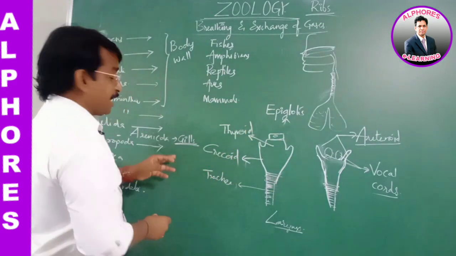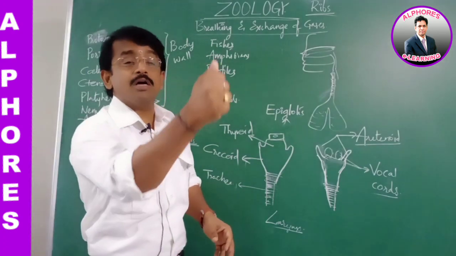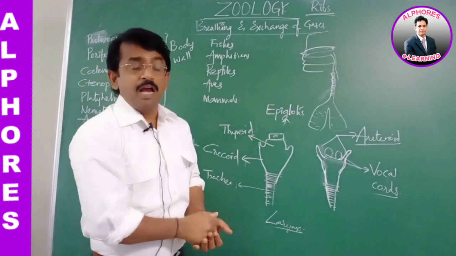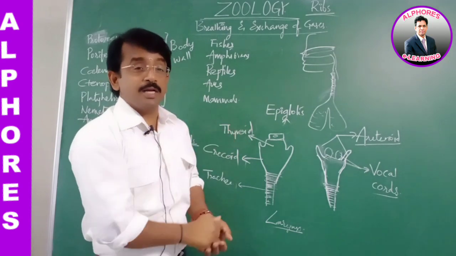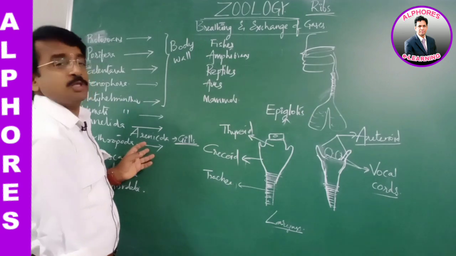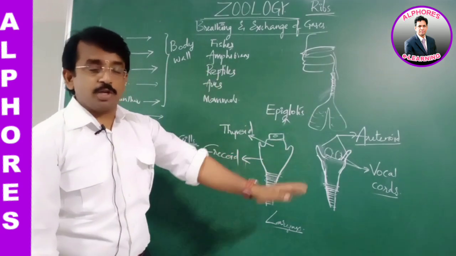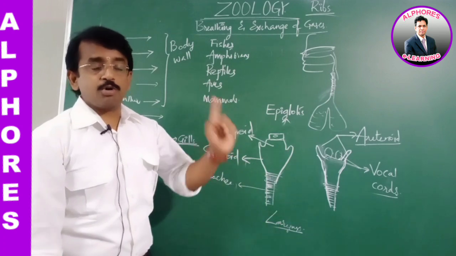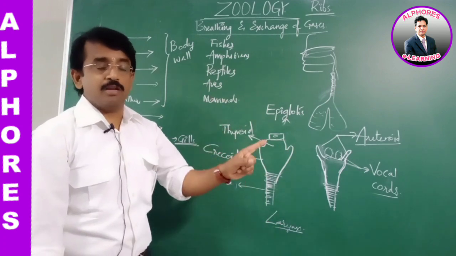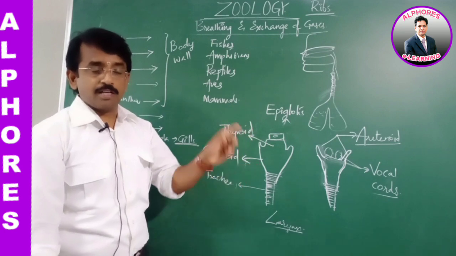And the case with the other members: spider with the book lungs, and Limulus with the book gills. So among the arthropods, the respiratory organs, I repeat, in the case of crustaceans are gills, and in the case of tracheate animals, Insecta, Chilopoda, Diplopoda, example cockroach,